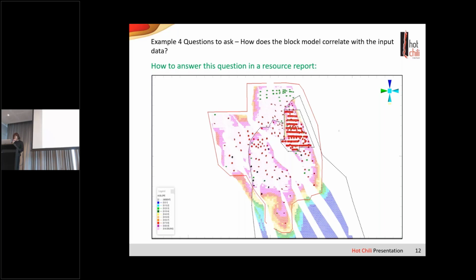You can also see in this one, the composites are slightly different colours. I know for this one, this is because they've been coded using a data class, so that's the qualification of composites. How much confidence do we have in them? So here, the green is slightly less confident data.